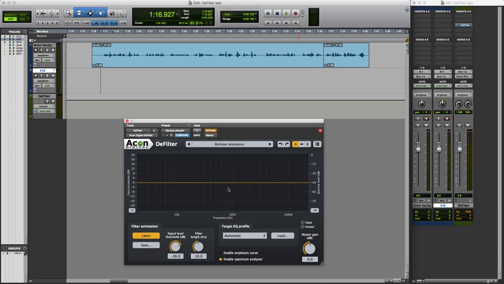So what I did is I set up my mic, I turned my monitors on, and then I increased the level of the monitors as it started to ring. So let's just take a look at this. Increase the monitor level